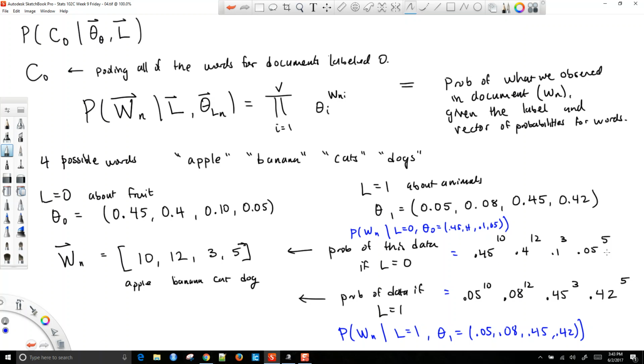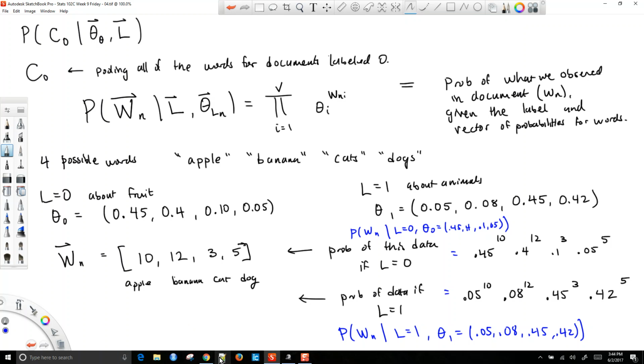And this is just a silly example where we're pretending our language only has 4 words in it and there's only 2 subjects. But we can imagine just expanding this over a bunch of words. The same concept holds. So this was the probability for one document, and basically all we have to do now is take the probabilities of the words in a document and multiply them. We say each document is independent of each other, and so the total probability of the entire corpus,